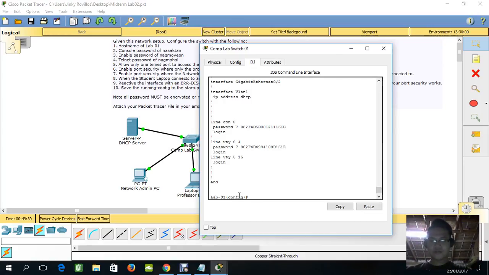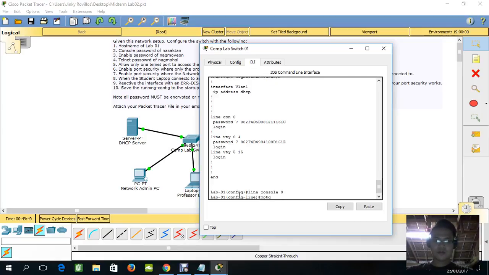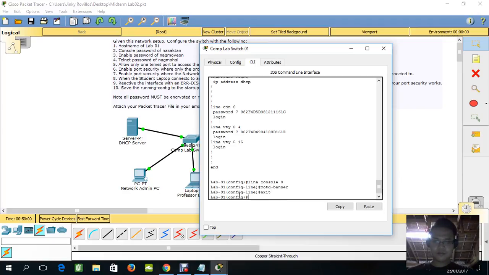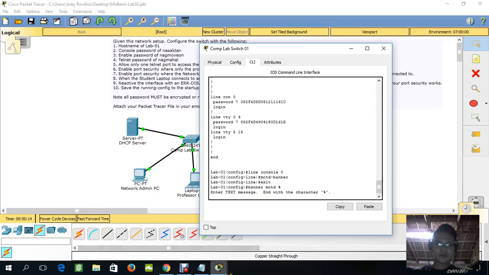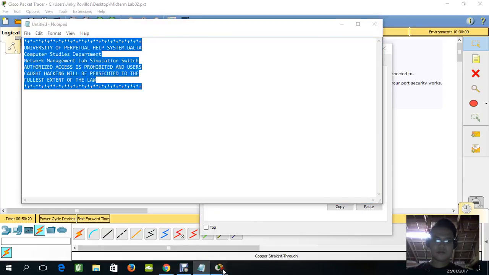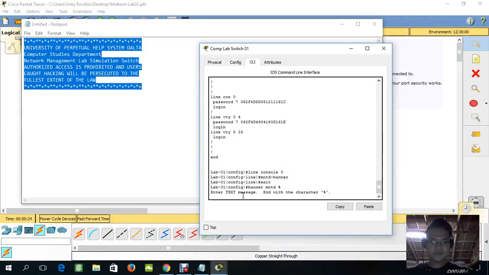So first, we're going to type line console 0, and then motd-banner, and then exit, and then banner motd, and then we're going to paste this one to the switch.